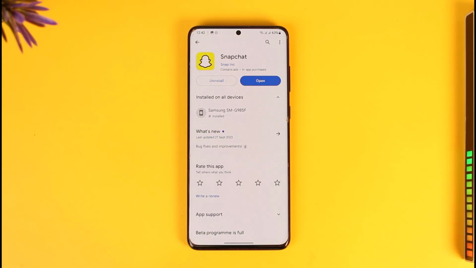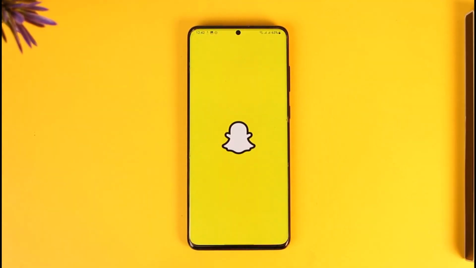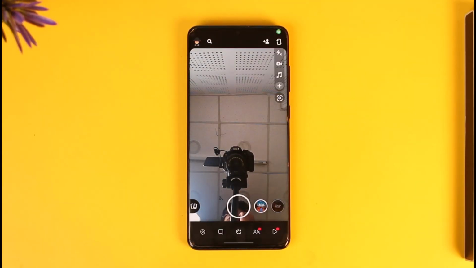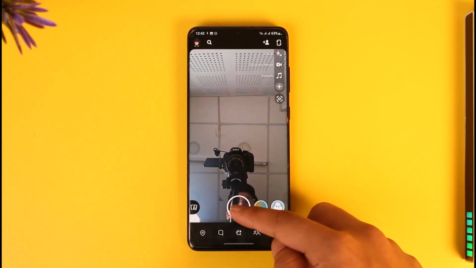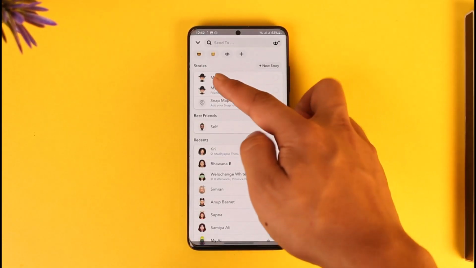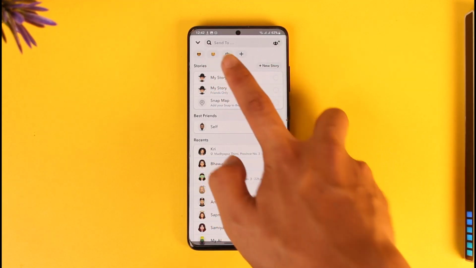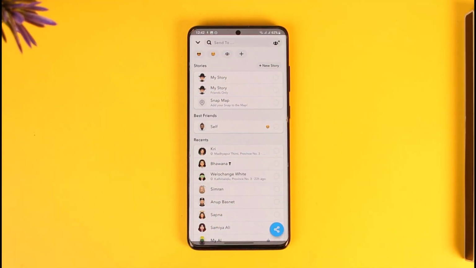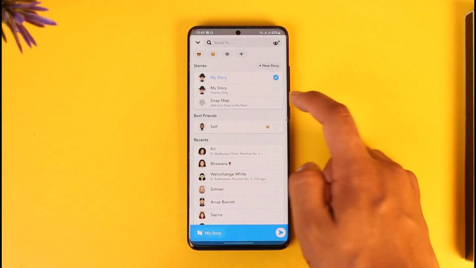So if you'd like to delete a shortcut in Snapchat, it's actually very simple to do so. All you have to do is first make sure to launch the Snapchat application here. Once you launch the Snapchat app, whenever you take a snap and you want to send it to everyone, you usually create a shortcut. And here you can see I have got two shortcuts over here, and what if I want to delete one of those? So to delete either of these two shortcuts, which is these two emojis here, what I can do